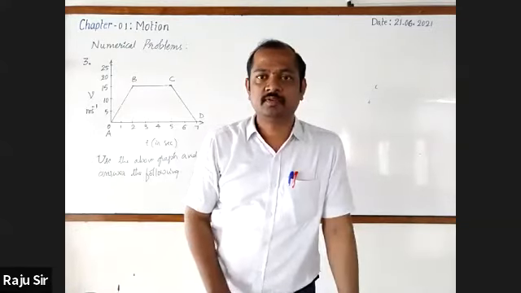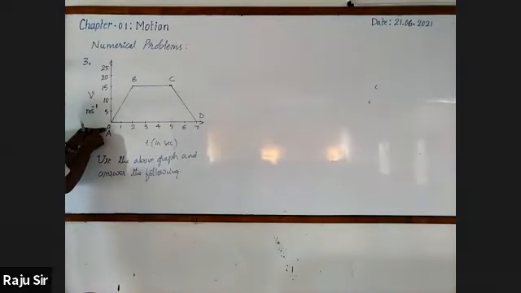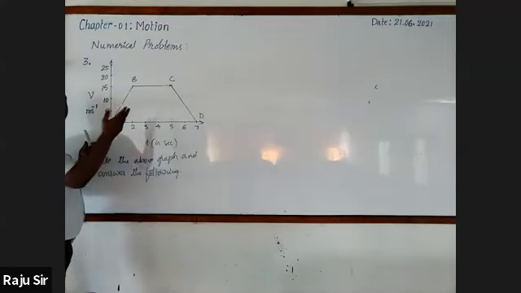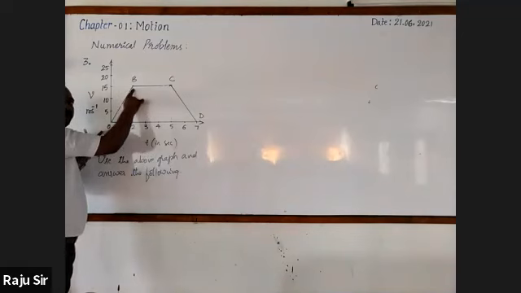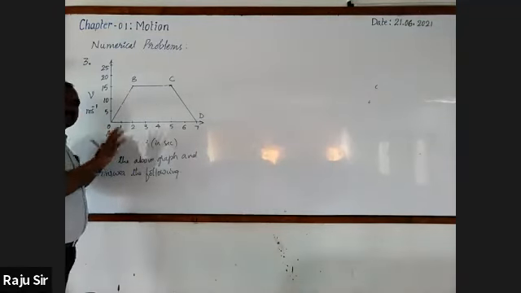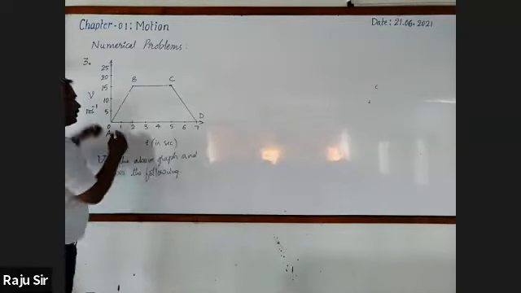Just observe. Here, this is 0 velocity. And it is 5 meter per second. This is 10 meter per second. 15, 20, 25. I'm asking you, what is the acceleration of the body? As you said, 5 meter per second square. Acceleration is uniform. AB represents uniform acceleration. In 1 second, same acceleration. Then in the next second, that is also the same.